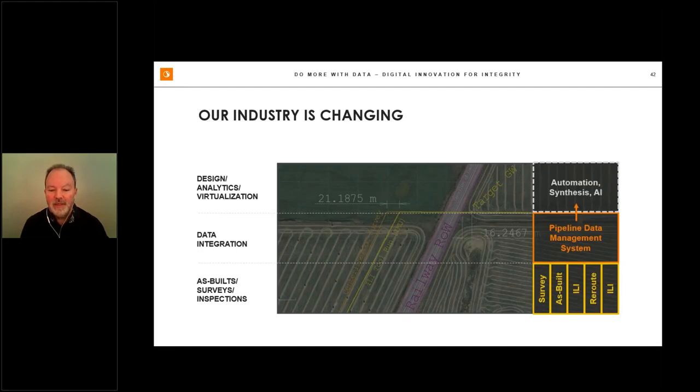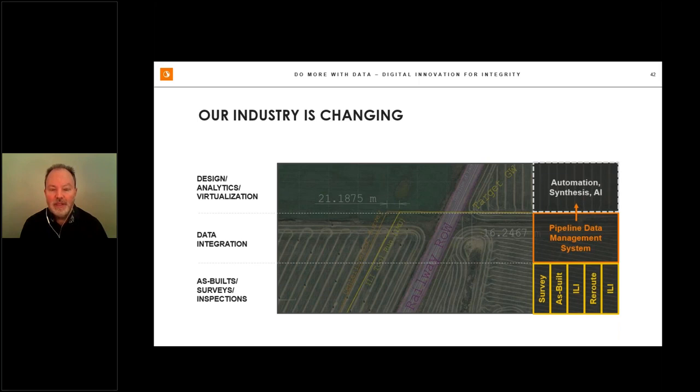Data gathered at different times in the life of a pipeline is inevitably also gathered to differing standards corresponding to the point in time when each survey, as-built, and inline inspection was completed. Coming at the present time, data integration for a 50 or 70-year-old pipeline is an afterthought and carries a heavy reliance on quality assurance, such as data governance and geomatics, to correct for inaccuracies in ILI mapping. At the end of the day,